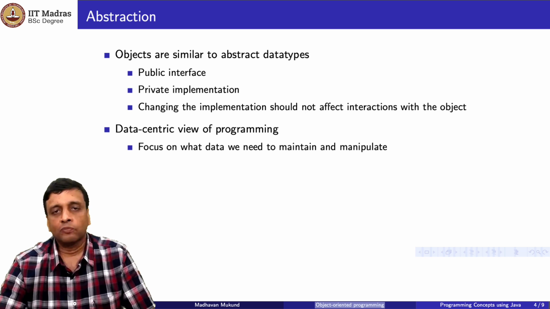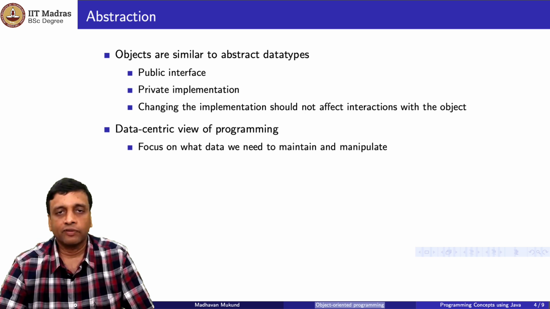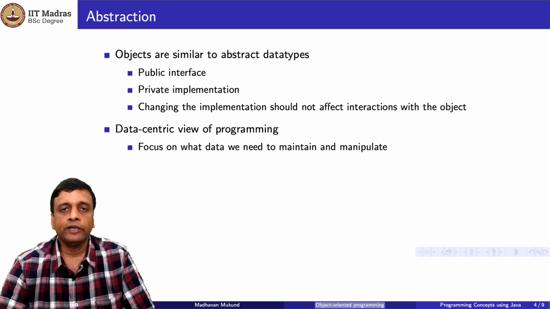So the reason that object-oriented programming is slightly different from the kind of programming that we are familiar with is that normally when we write programs traditionally, we concentrate on the control flow, we concentrate on what is to be done, we concentrate on the operations, we define functions, and then the data is used to keep track of the state of the computation. Now, object-oriented programming reverses in some sense the focus and says, let us first understand what data we are trying to keep track of. And based on this, we ask what we need to do to manipulate this data. So what are the requirements for the data?